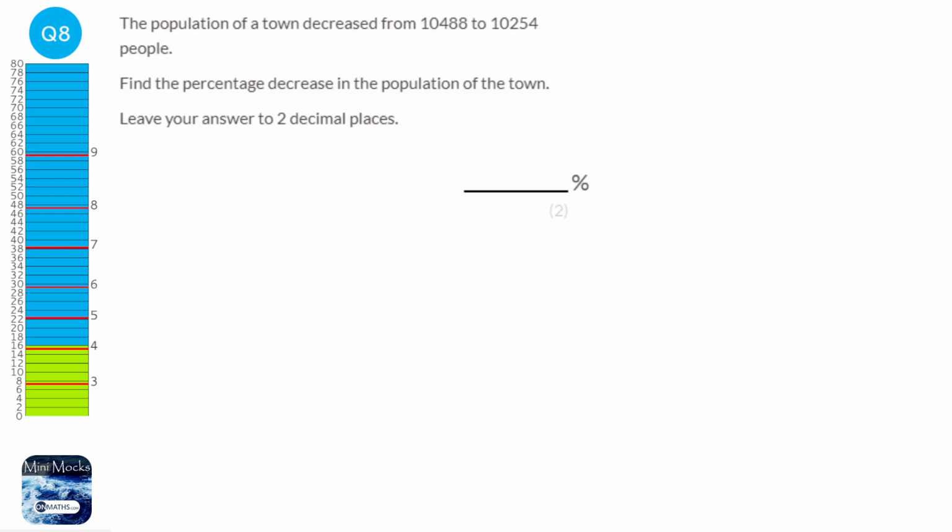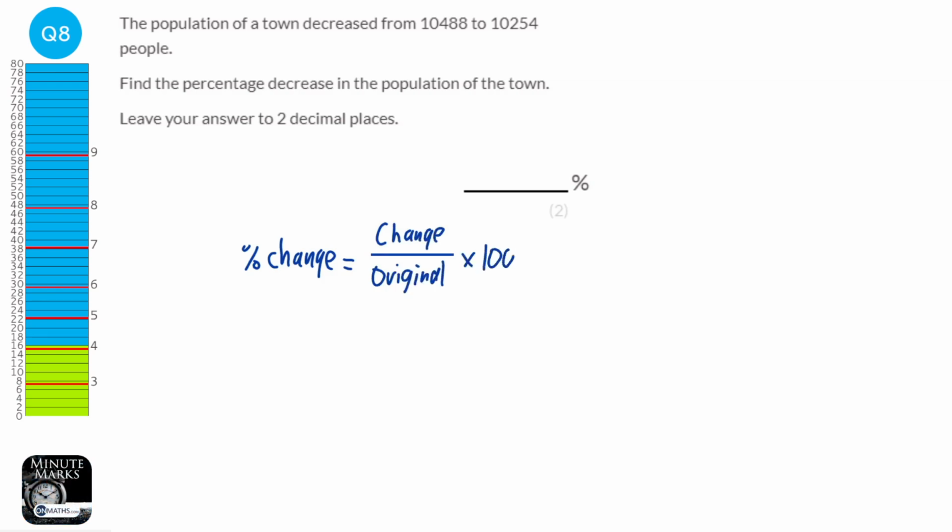There's a formula we use for this, and it is percentage change is equal to the amount that's changed over the original amount, and all of that times 100%. So how much has changed here? Well, we need to do